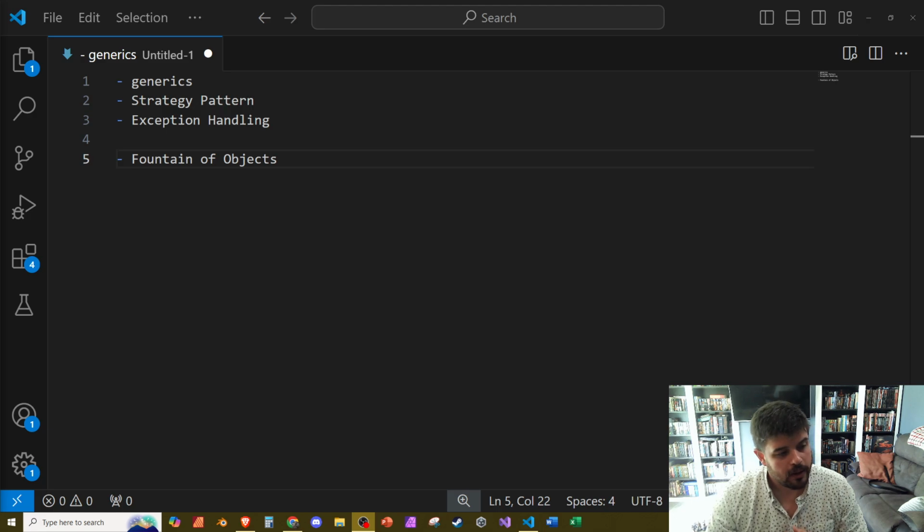So that's it. Yeah, I worked on the Fountain of Objects. I studied the strategy pattern through the O'Reilly book, implemented it as best that I could. I worked on exception handling. I think I spelled exception wrong there. And I'm working on generics. That's the next thing in the R.B. Whitaker book. No, that's wrong. It's some more useful types, random and stuff like that. I've already used random a lot, so that might be a skim chapter for me.